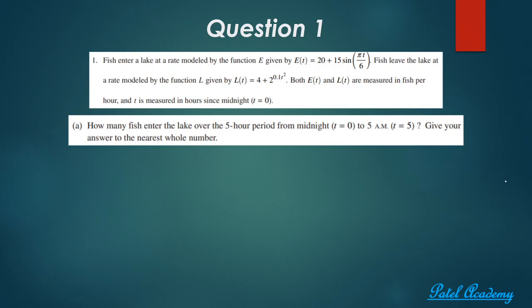So question A asks, how many fish entered the lake over the 5-hour period from midnight to 5 a.m.? Give your answer to the nearest whole number. Well, this is asking about the total number of fish, not the rate of change of fish. And so I immediately figure out that this is going to be the integral of this rate of change to get the original function, because the integral of a derivative gets you the original function by the fundamental theorem of calculus. And so I'm going to take the integral from 0 to 5 of this entering function E of t,